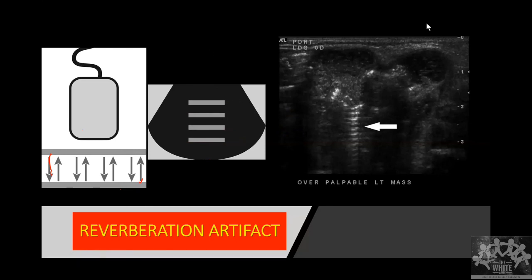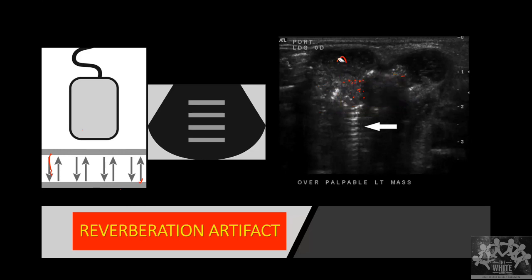Now, what will happen when there is pleural surface? Whenever there is pleural surface, deep to the pleural surface there will be lung which is containing air. Now imagine the pleura is a highly reflective surface, because deep to the pleura there is lung, so there is a high difference in reflectivity. The pleura is highly reflective, and the air inside the lung is also highly reflective. So this will act like two highly reflective surfaces.